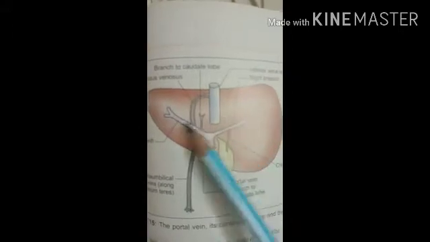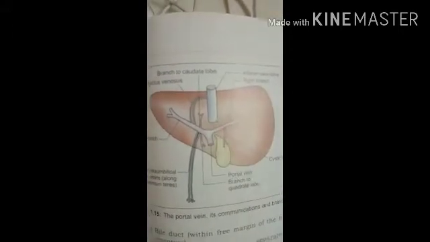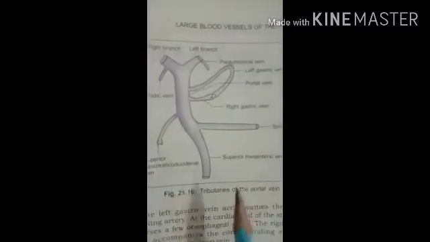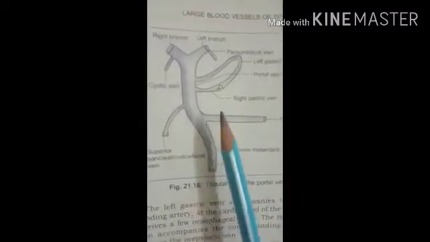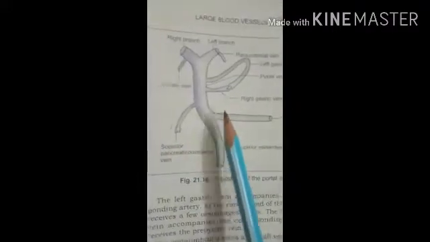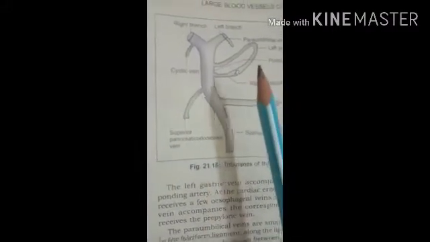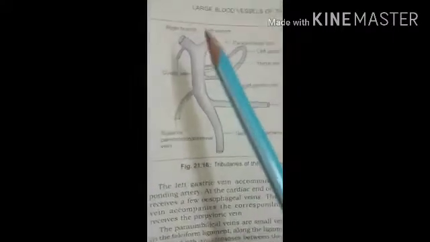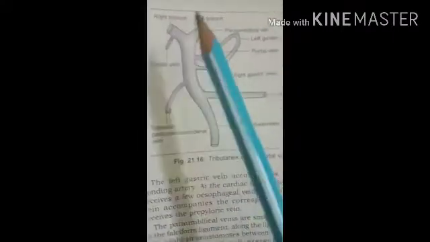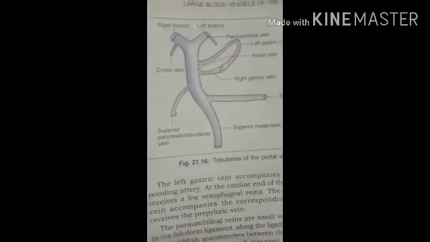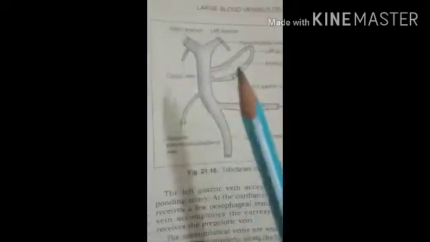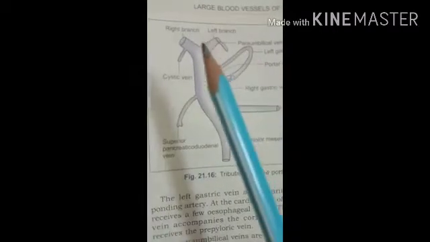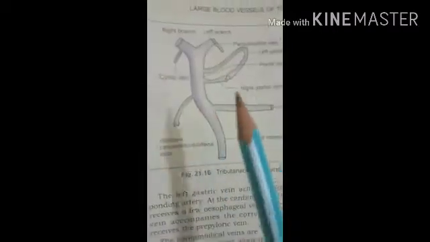Here in this diagram again you can see the portal vein. Let's see the important features related to the portal vein. First, it provides 80% of the blood that flows through the liver. Then its tributaries contain one third of the total volume. Third, the portal vein and its tributaries are devoid of valves. That is an important point.